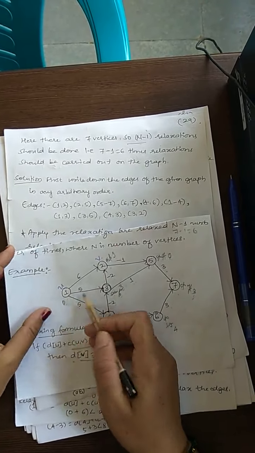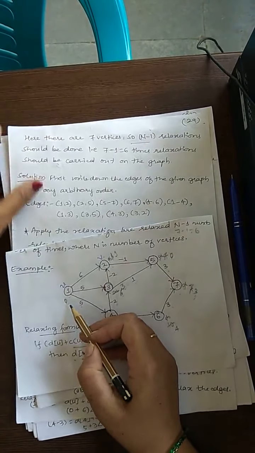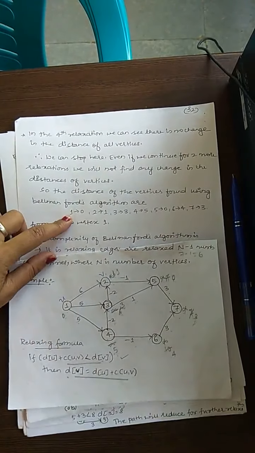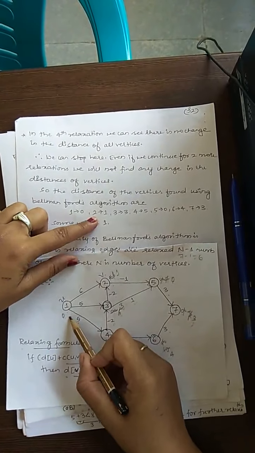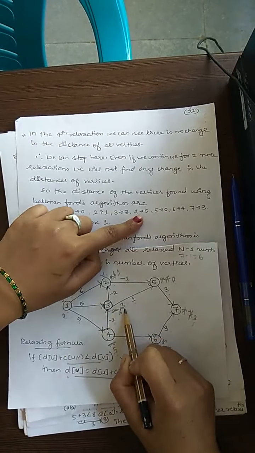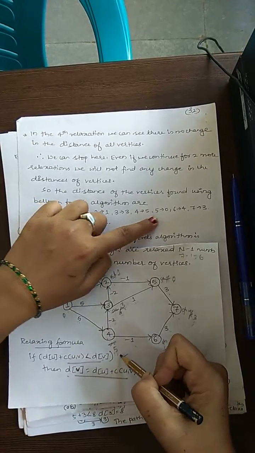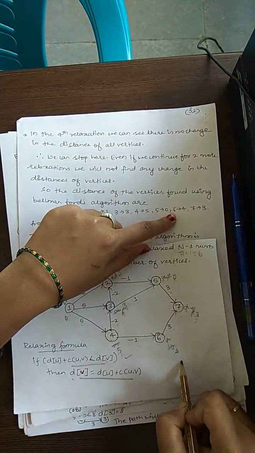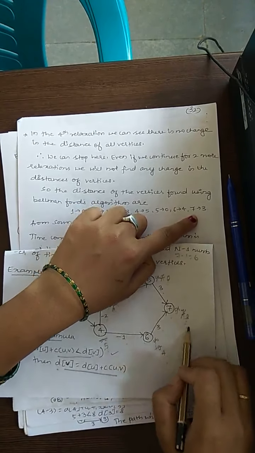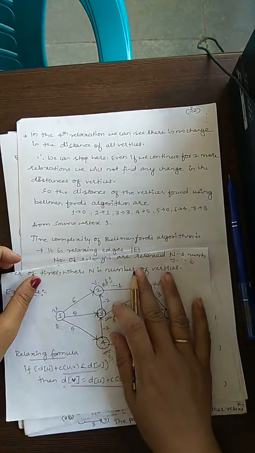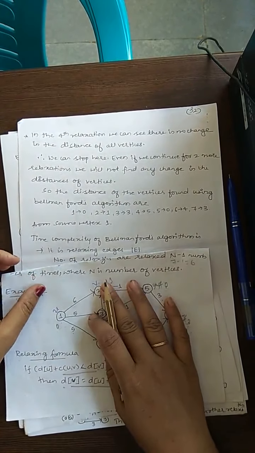So distance of 1 here we have got as 0. So now what we are going to see? Distance of 1 we have got 0. Distance of 2 we have got 1. Distance of 3 we have got. Distance of 4 we have got 5. Distance of 5 is 0. Distance of 6 is 4. Distance of 7 is 3. So all these we have got from vertex number 1. So this is called as the Bellman-Ford's algorithm.